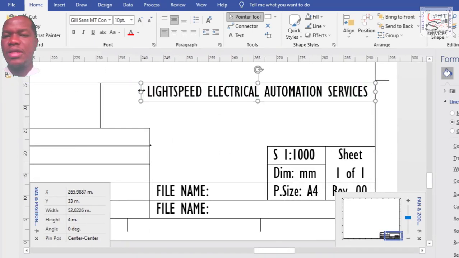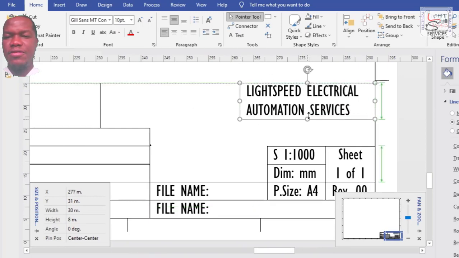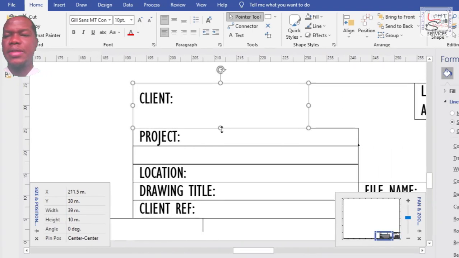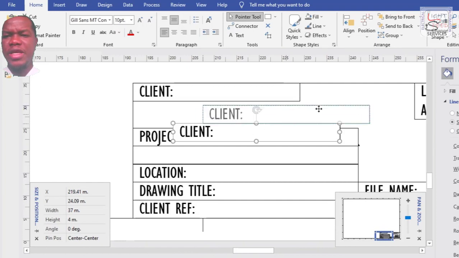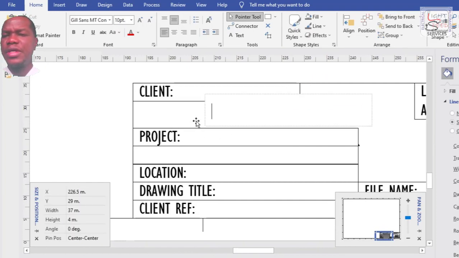But let's work out this logo thing. So what if I make space here for two squares? Okay, that should work. So I'm going to reduce the height of this client box and duplicate it instead. Yes, this is better. So I'll use the box as my logo container.